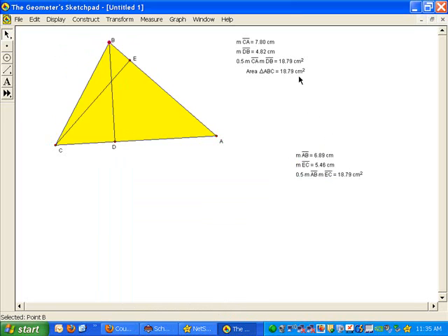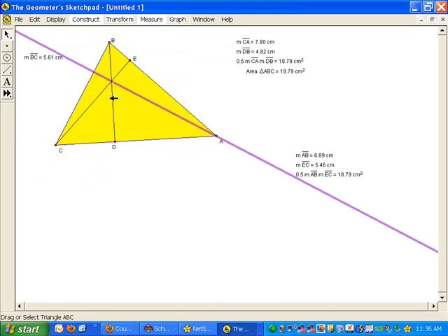Hey, let's do the same thing one more time with the final base. Okay. So I want to find base BC that has a length of 5.61. Let's identify the corresponding altitude. So highlight the base and the point opposite it, construct a perpendicular through that. Find the point where the perpendicular intersects the segment using Control I. This gives me the point on my triangle